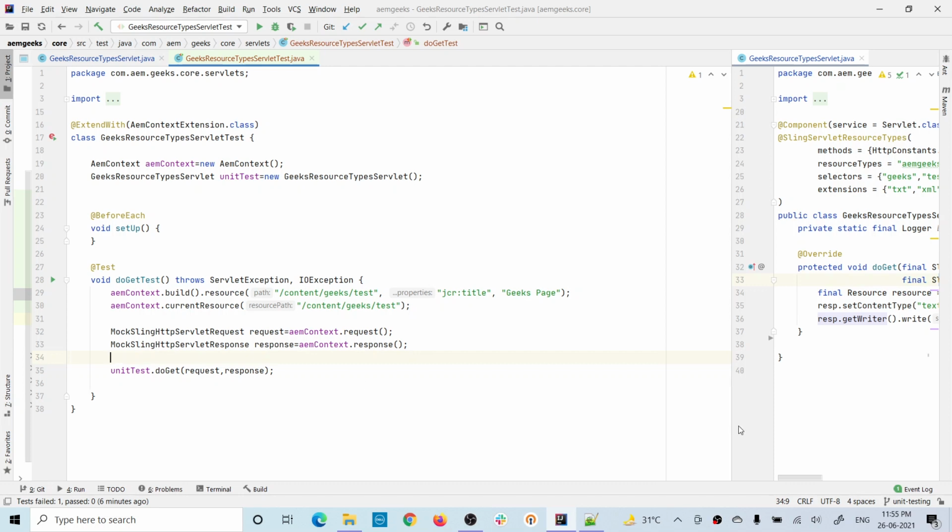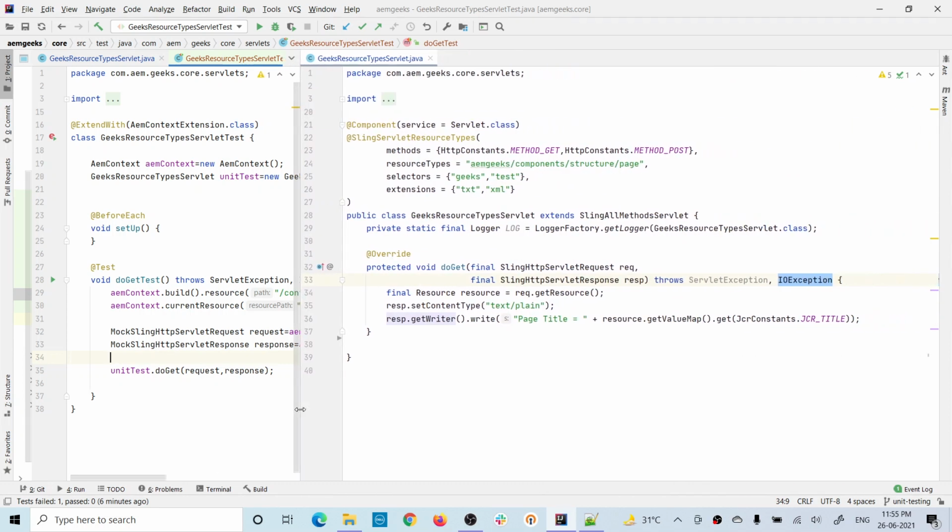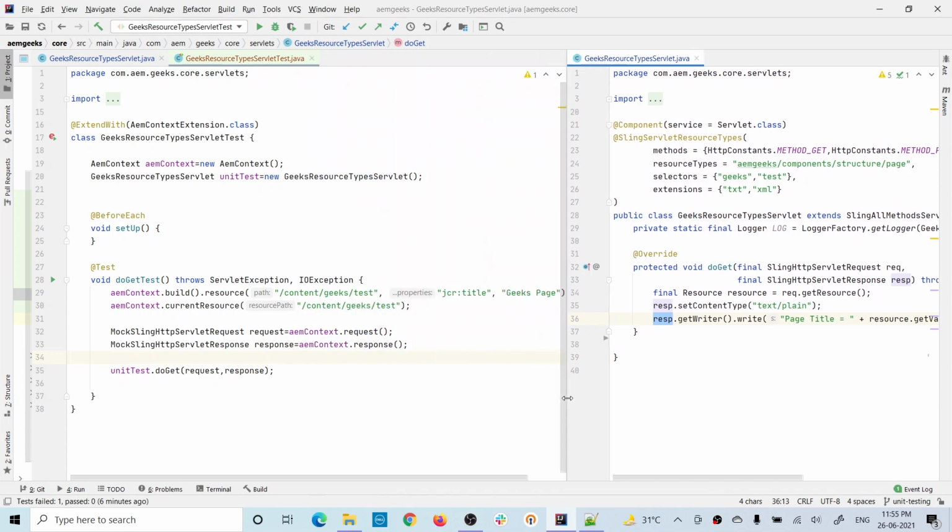Okay, so if you check in this actual servlet, your response object is returning the page title in a format like page title is equal to whatever the page title is. So we need to test the response and this title of the page. So how will you do it? Now add assert, right? Till here we executed this method of the actual servlet class, and now we are testing it. So I'll check assert equals. What is my expectation? My expectation is page title is equal to geeks page, because I added it here. I know this is the title I added.